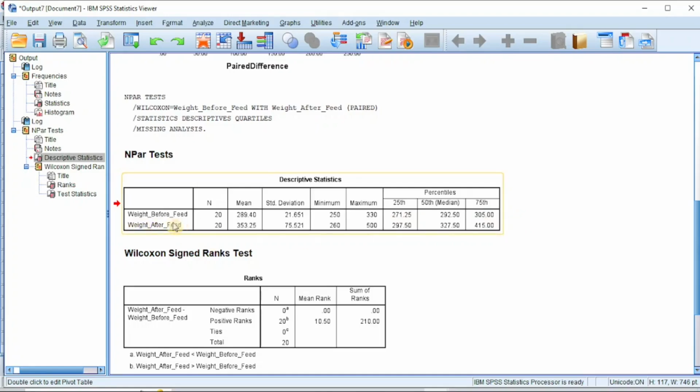For the weight after feed, the mean is 353.25 grams, the standard deviation is 75.521, the minimum is 260 grams, and the maximum is 500 grams. The 25th percentile is 297.50, the 50th percentile, which is the median, is 327.50, while the 75th percentile is 415.0. As you can see, the weights after feeding show a considerable increase in both the average weight and the